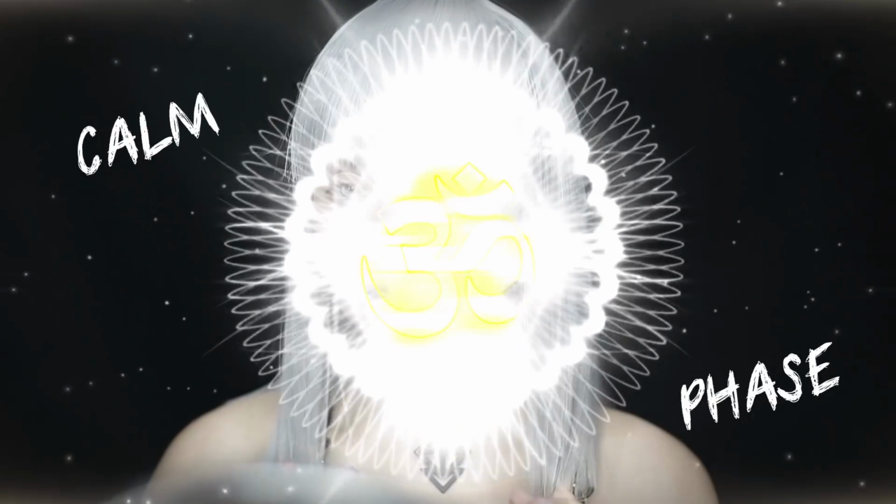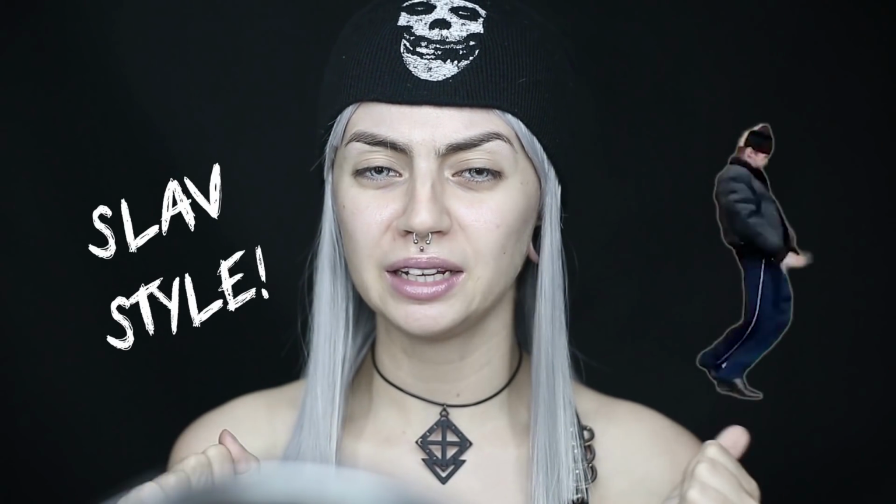Calm phase, I guess. So as cool as this wig may be, I'm gonna have to part it so I can do the eyes, and it's gonna look really ugly. So let's get ready for weirdness. And okay, wow. Okay, so to spare everybody the pain of having to look at the lace cap I have on, I actually have two, I'm just gonna keep this Misfits beanie on for as long as I need to have it on to get everything done, okay? It's not the prettiest look, but